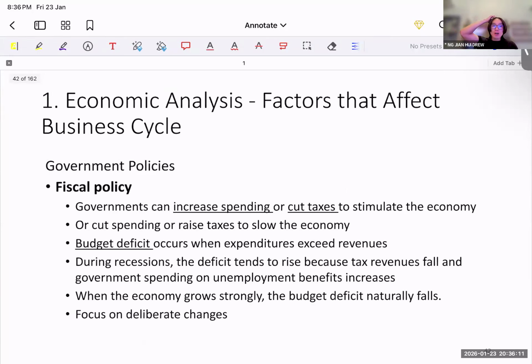Some interesting things to consider: fiscal policy and monetary policy. Fiscal policy is about cutting rates, increasing spending. These are just a bit more touch-and-go concepts that I hope all of you can incorporate in your valuation. We know that there is a push towards cutting rates since last year, which is why rates have been going down in 2025. The peak was 2024, and 2025 has been going down. The idea is that in 2026 rates are going to go down as well, because of the fiscal policies being put in place.